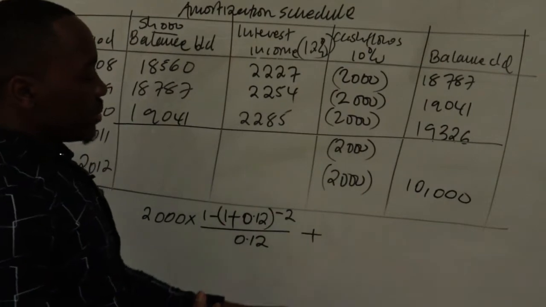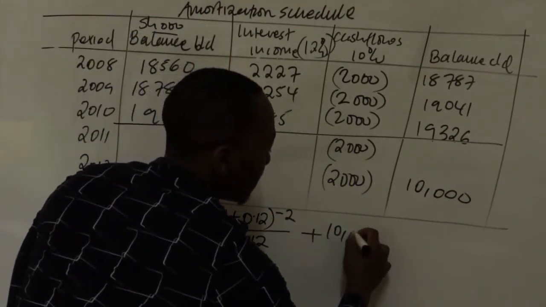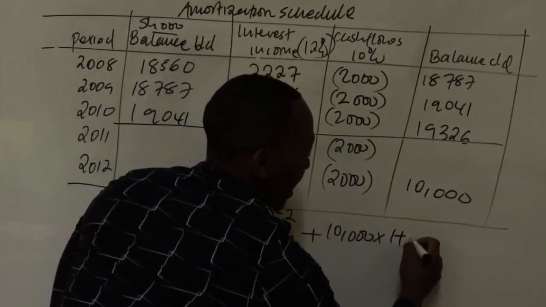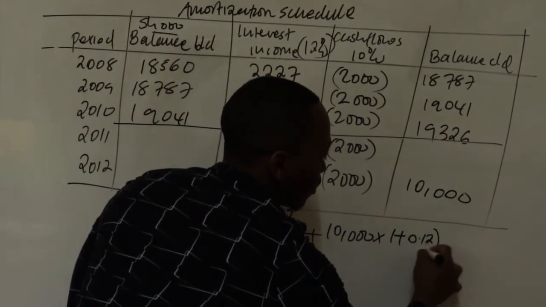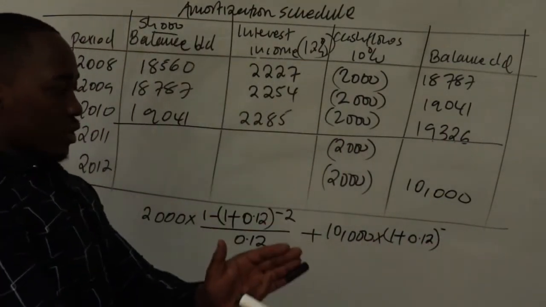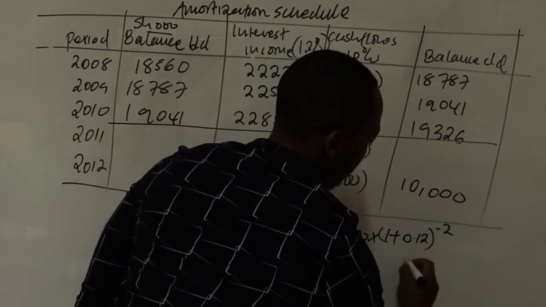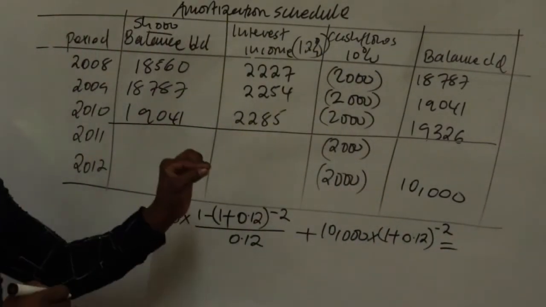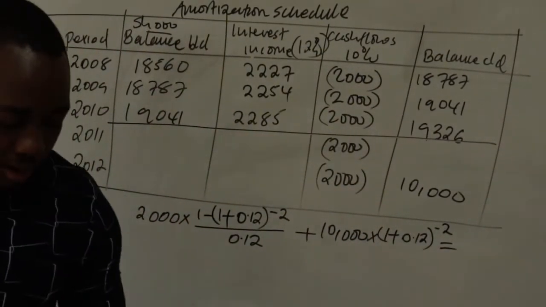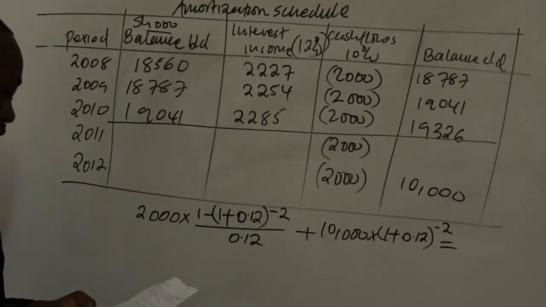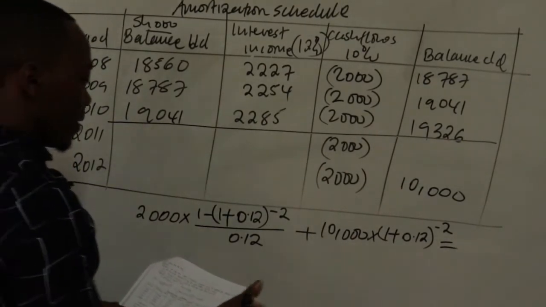Maturity, you will not receive the 20 million now. You will only receive 10 million, discounted at (1 plus 0.12) to the negative 2, for the remaining 2 years. So how much do you get as your present value to get your opening balance? In that case, you'll have a value of